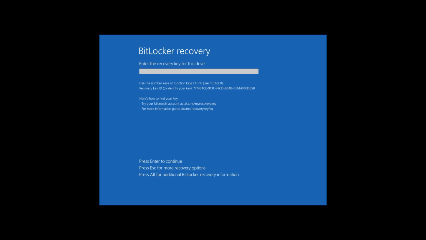In here you must enter the BitLocker recovery key. Just press Enter to continue, and you need to input the recovery key here. After you enter the BitLocker recovery key, you can just click the Enter button on your keyboard,